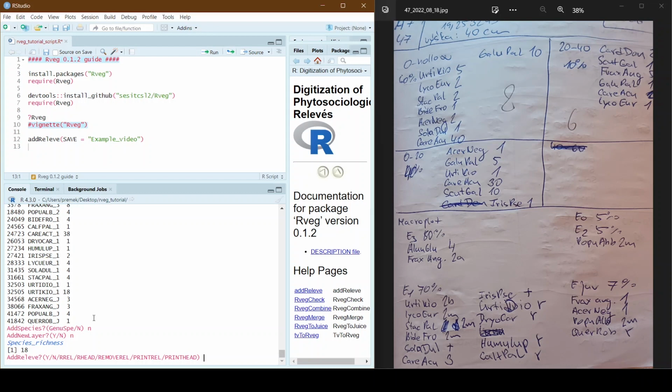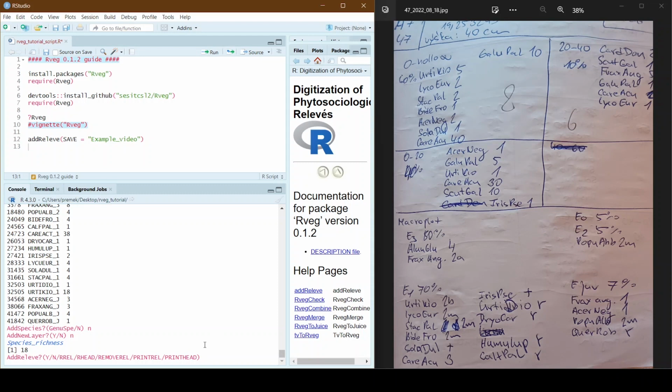It's important to note that every species in each layer counts as one species, so we can check if we actually transcribed the whole releva. So I'm gonna count the species. 18. So all species are in the releva.